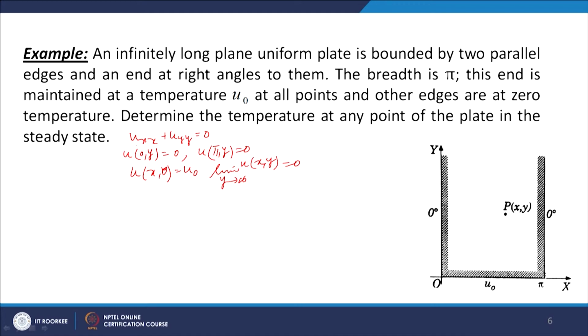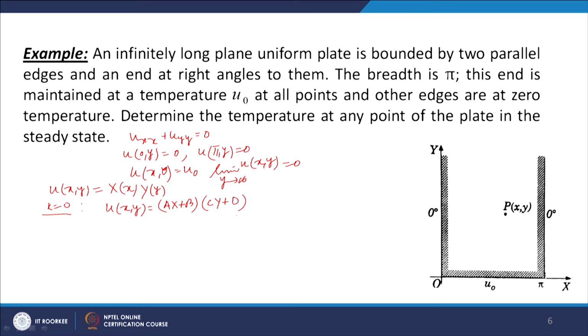Let us solve the given equation u x x plus u y y equal to 0. So, we assume that u(x, y) equals X(x) into Y(y). So, we get the equation, and we get the solutions. Case k equal to 0, the solution is u(x, y) equal to (a x plus b) into (c y plus d).